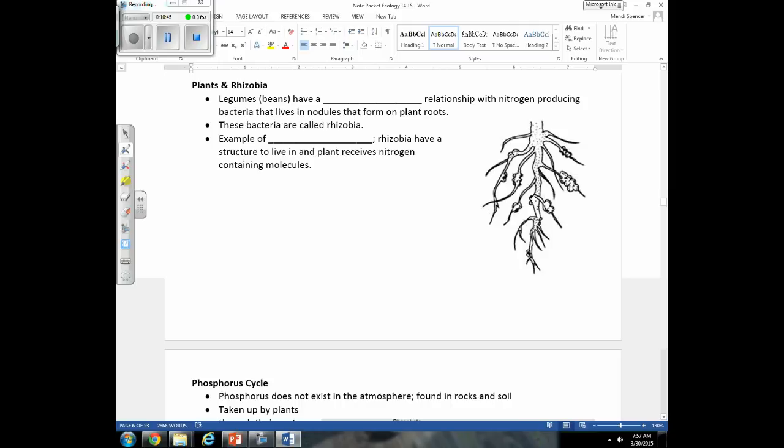contain nitrogen. So since we've been talking about bacteria fixing nitrogen and they have a relationship with plants, this is a good time to talk about that relationship. Now, anytime there's a close and permanent relationship between two organisms, that's called a symbiotic relationship. And basically what that means is, since it's a permanent relationship, where you find one, you're always going to find the other one. So when we look at plants, like legumes, like bean plants,